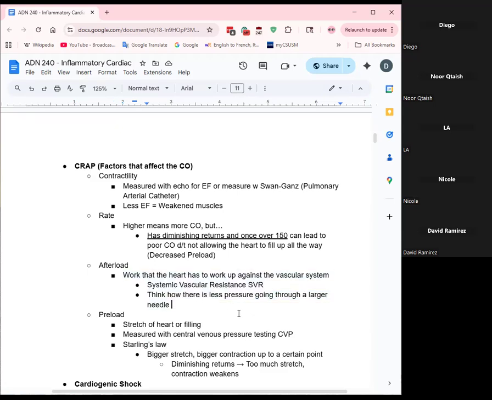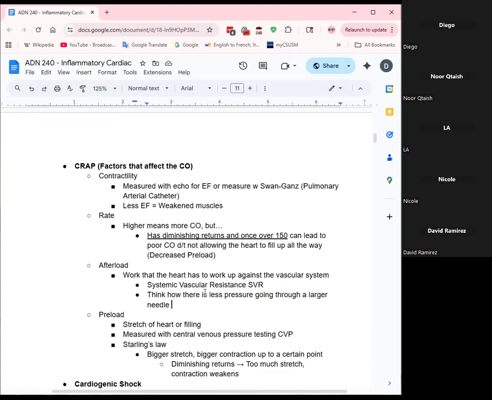Afterload refers to, again, the pressure that you're fighting against to actually make things through. And this is basically your systemic vascular resistance or your pulmonary arterial pressure, the pressure in the lungs. As for the rate and contractility, the rate is pretty self-explanatory, but it's worth noting that once it gets to